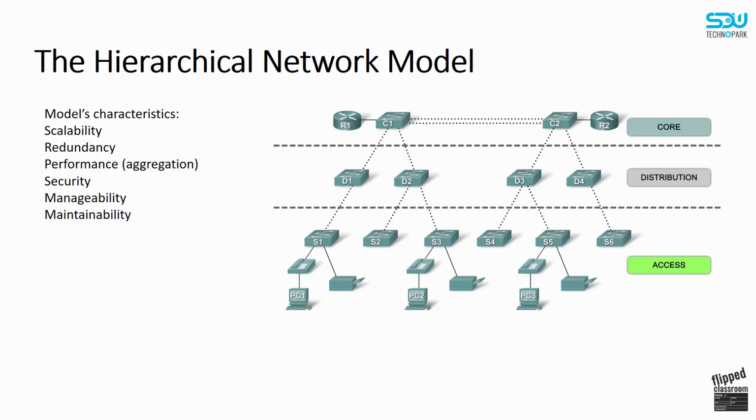And first of all, we are going to take a look at the hierarchical network model, which can also be called differently, like a borderless LAN design. In this model, we have 3 layers: access, distribution, and core. These are 3 layers of switches which work with different tasks and different responsibilities. Starting from the access layer switch,